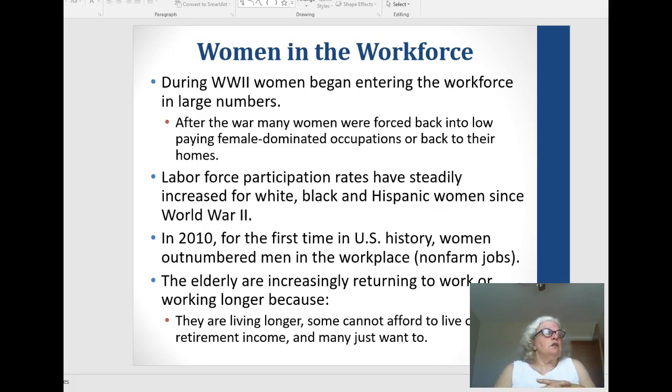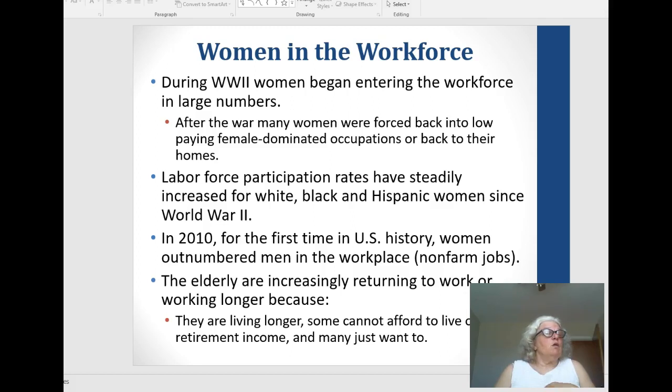We talked a little bit about this when we talked about gender issues, and you looked at the issues of Lilly Ledbetter. But women entered the workforce in large numbers. Now remember, women were always working, but they weren't always in the industrial setting in the same manner that men were. And so women entered the industrial world and other places, and they outnumber men in the workforce, in the workplace, with the current population.